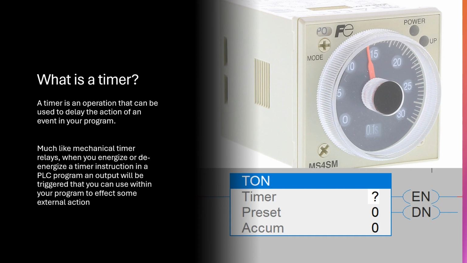relay. There's different types of mechanical relays, but these work in very similar ways to what we're going to be talking about today, which is PLC-based timers. The biggest difference between a mechanical relay timer and a PLC timer is that the PLC timer can be adjusted inside the software